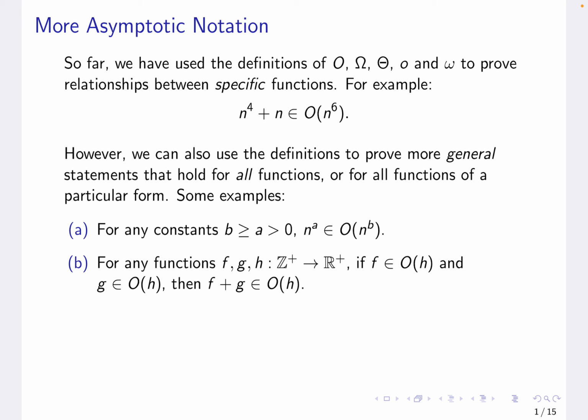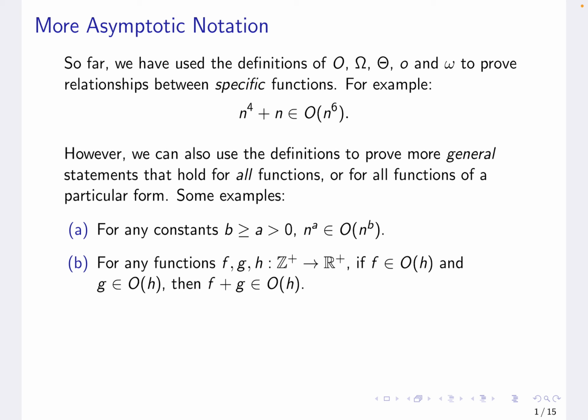But for now, we're going to keep looking at asymptotic notation and learn some techniques for reasoning with these that are a lot easier than working with the definitions. So say we have a statement like n to the 4 plus n is in big O of n to the 6. This looks true because of the differences in exponents. You could probably prove it with like the rounding up trick or something. But